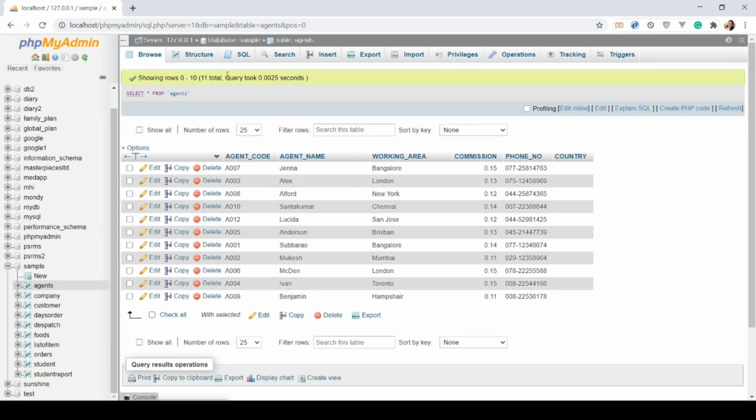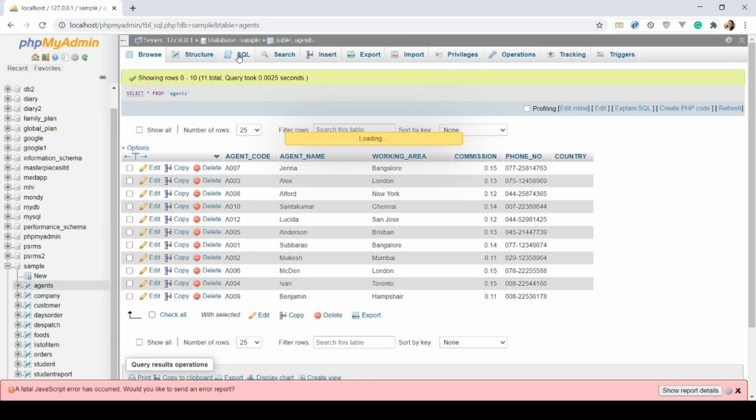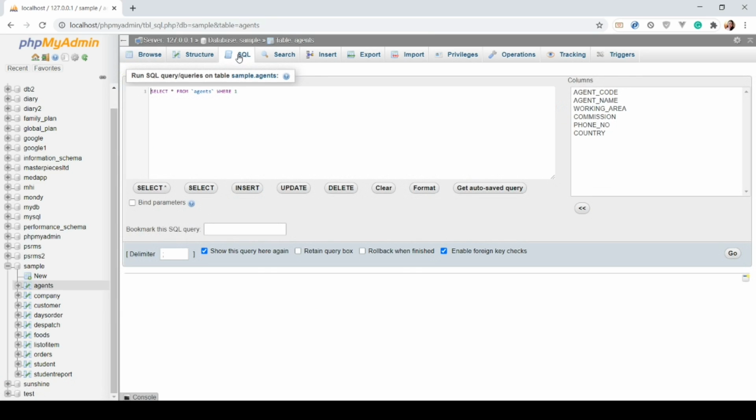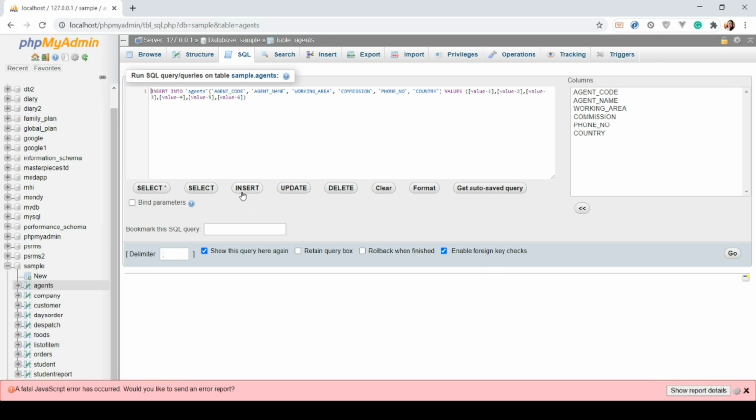And for the insert command, there are two different ways on how you are going to insert a specific data. You can use this one, the SQL command.